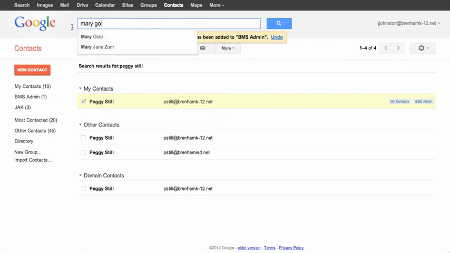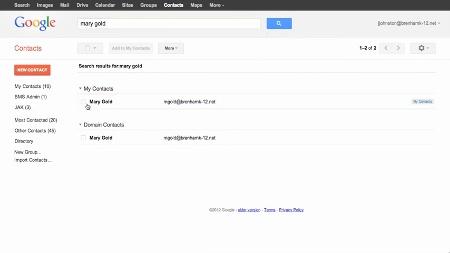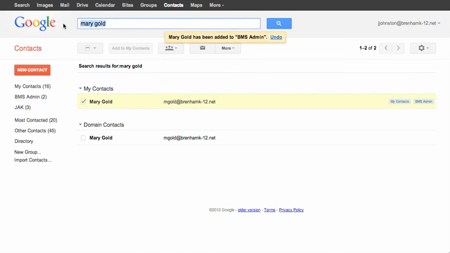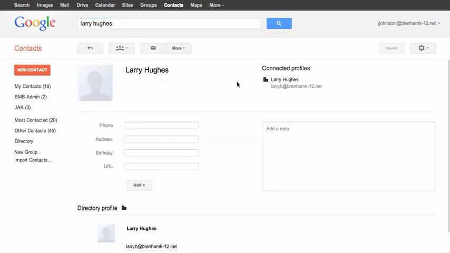So now I'm going to search for Mary Gold. There she is. I'm going to add her to BMS admin. And I'm also going to search for Larry Hughes. Now, if there's only one email address associated with that profile, it will take you directly to that person's profile page. From here, you just click on the groups button above their name and add them to the group that